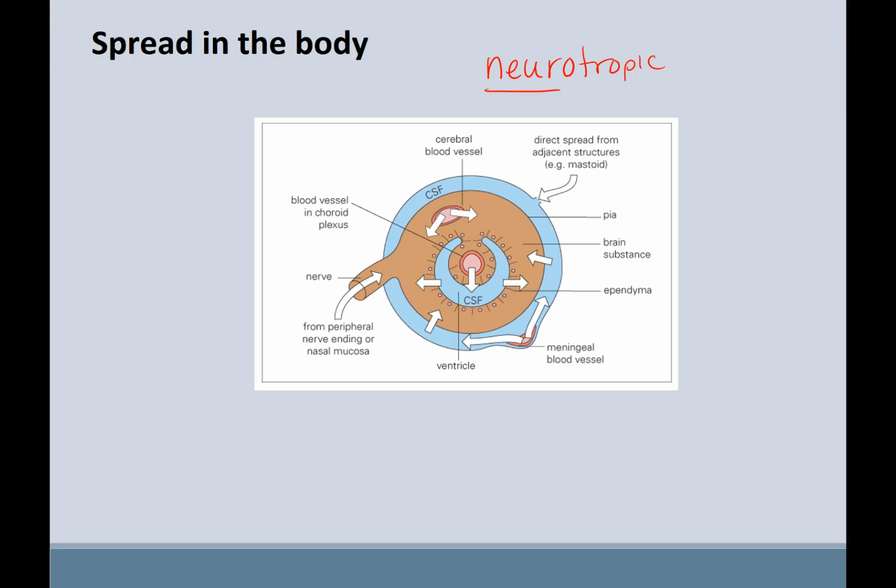Which means they like the nerve system, the brain, the cerebral spinal fluid. And that's where they're going to go and replicate. So some examples, since they don't have examples here,